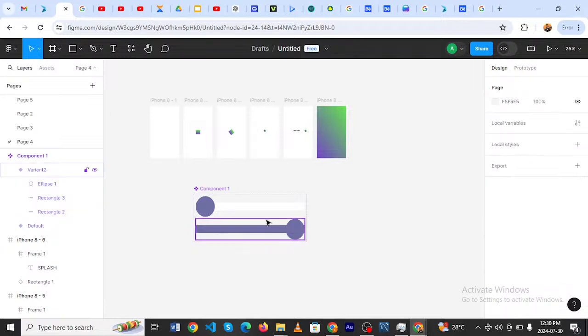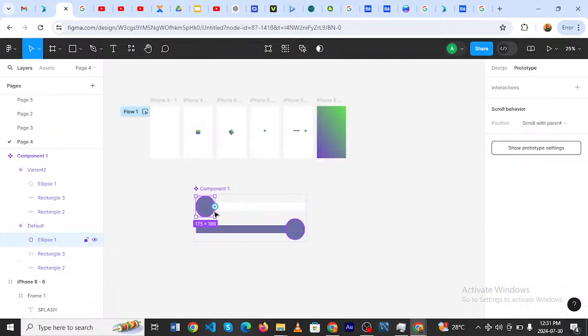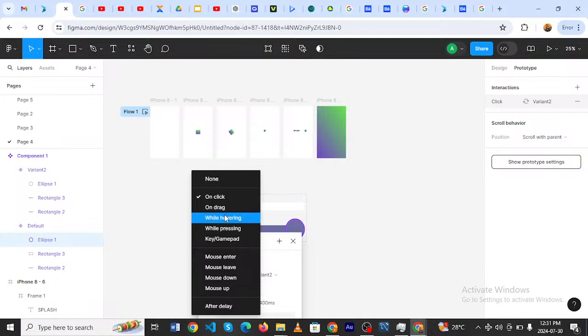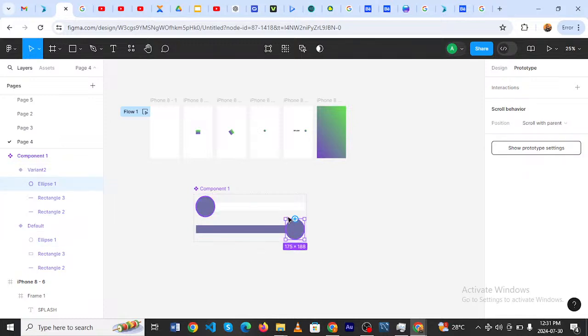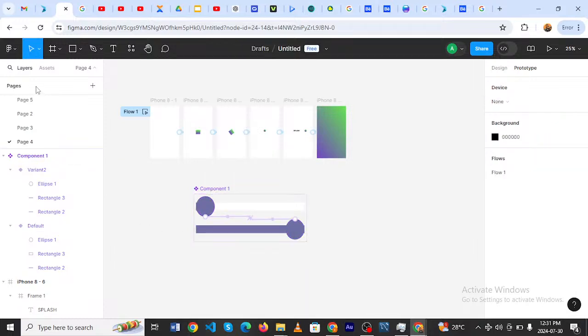Okay, perfect. Once we're done, you come here and prototype the circle itself. We're going to prototype it to this. It's going to be on drag, smart animate, 400. You come here and prototype the circle to this. It's also going to be on drag. Here will be ease out, 400. Once we're done, all we need to do is